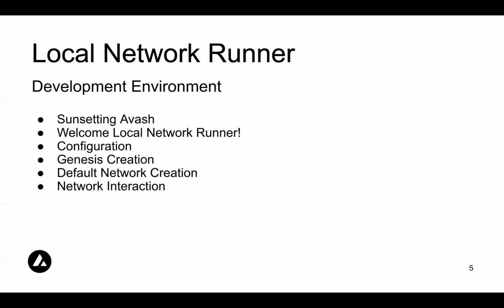For configuration, using the LNR, when you create a network, you specify the configurations of the nodes in the network upon creation. Not only properties such as the node's name and staking cert or key are configurable, but also configuration which is specific to the type of network runner being used. For example, a node running in a Kubernetes cluster has a config field that specifies the Docker image that the node runs, whereas a node running locally has a config field that specifies the path of the binary that